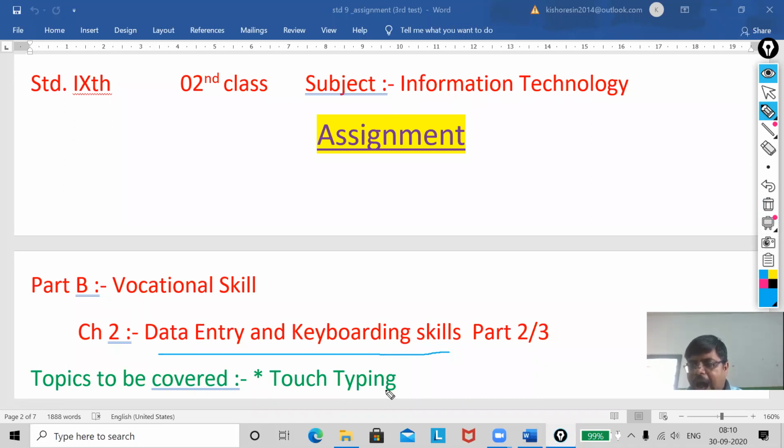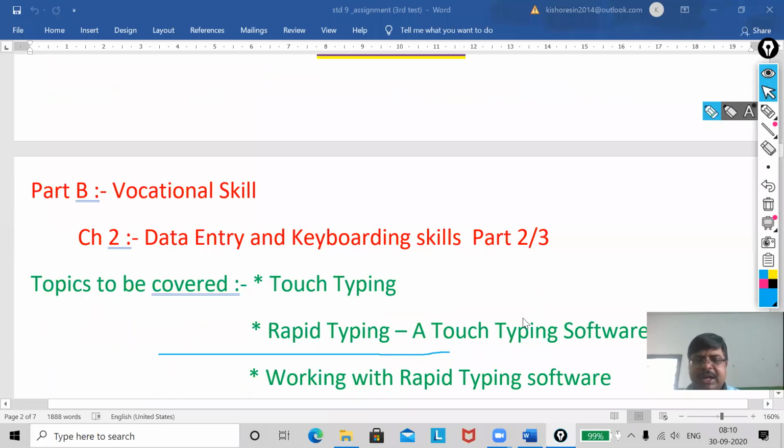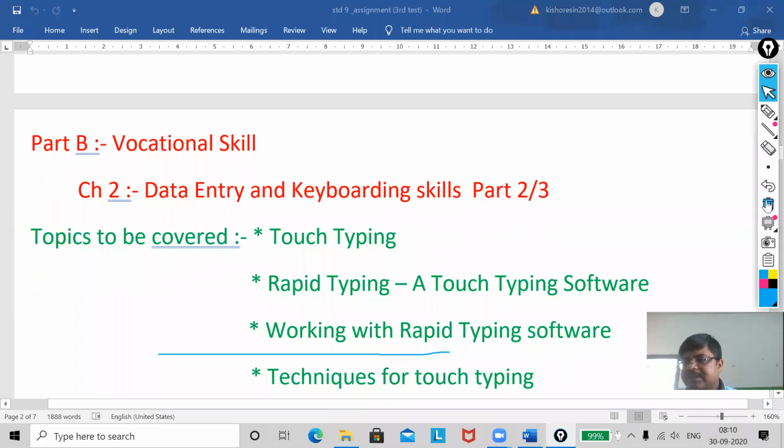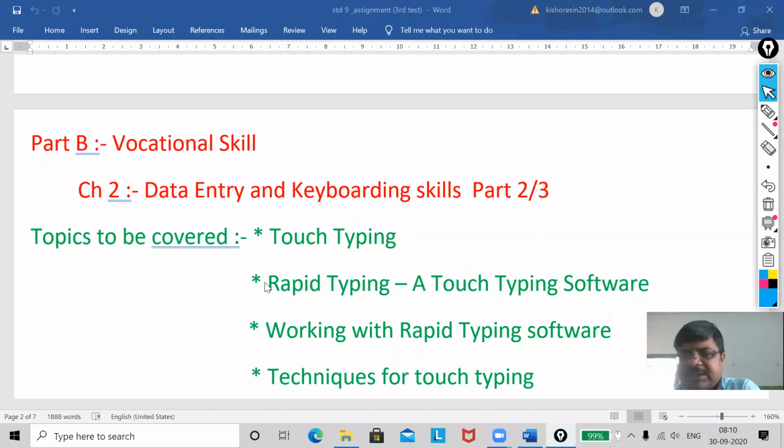Now, I will be explaining the software also, and I will show you the demo, how you can install the typing software in your PC. Got it? Now this topic contains 4 parts.